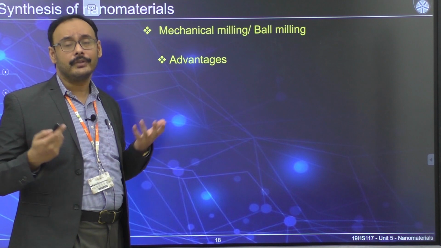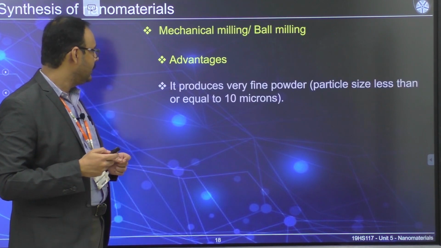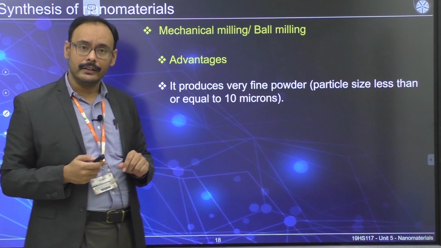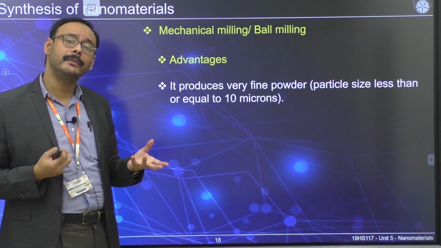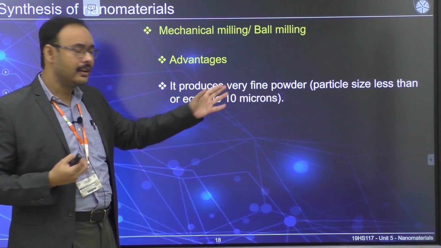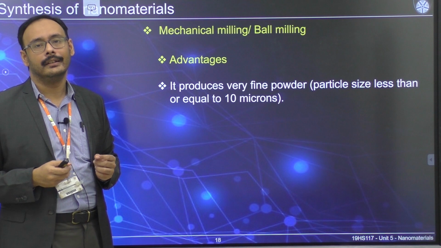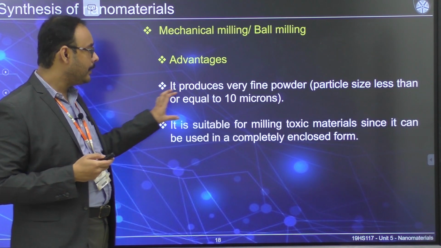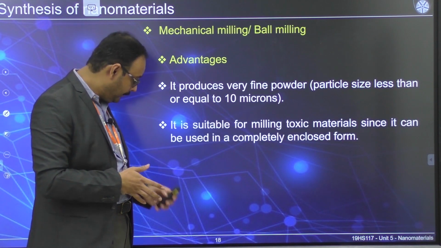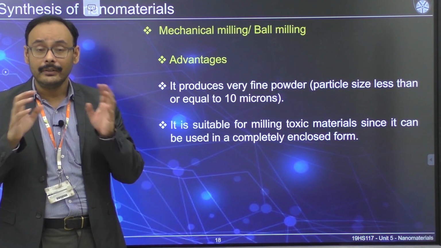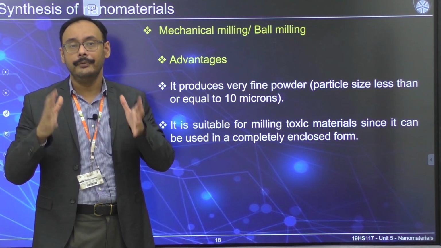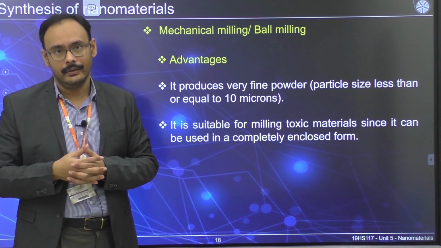It's a top-down approach that we have already discussed, right? So it produces very fine powder, not as fine as the bottom-up approach, but still you can get to around 10 micron, which is quite fine. It is suitable for milling toxic materials. So if you have a problem during synthesis, for example, if you have a toxic material to use,